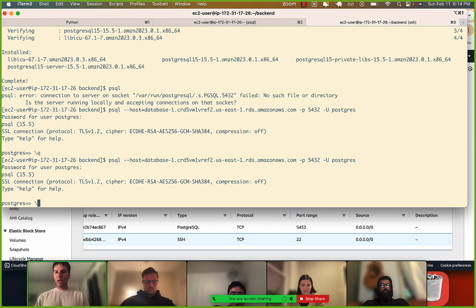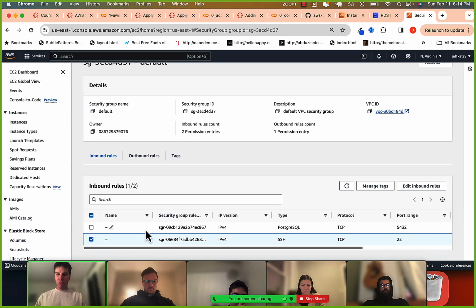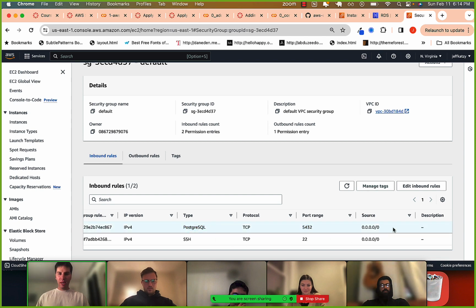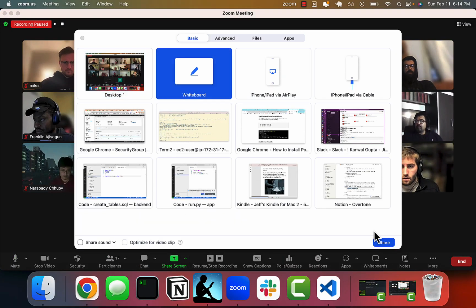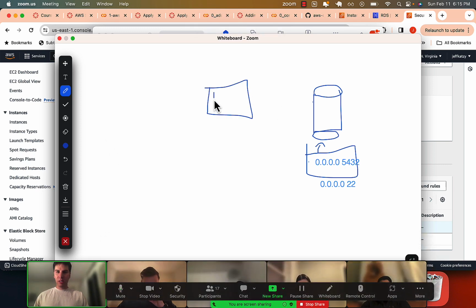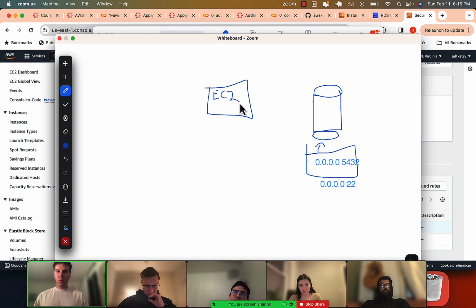Now, I don't think anyone's got into the later readings, but what the later readings talk about, and I think it will maybe help you understand security groups, is what you can also do is you can say, hey, I don't want to allow any computer on the planet to access your database, but rather just my EC2 machine. Okay? So in this case, here's my AWS EC2. What we can do is say only this guy gets to access the database, and basically your laptop or anything else does not. So we'll say only this guy gets to access it. And the way that we can do that